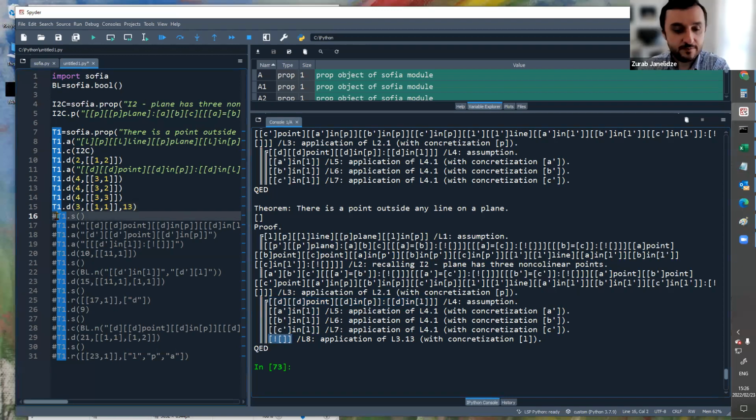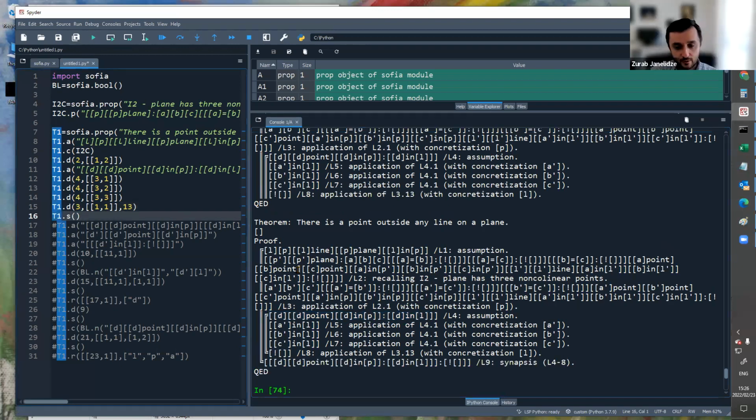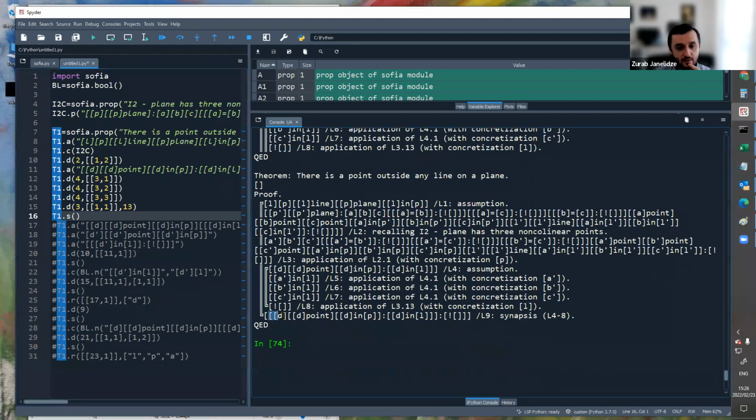And then we do synopsis to summarize this. So now we know that having it true that every point lying on the plane also must lie on that line, that thing is false. But that is different to saying that there exists a point outside the line, right? Remember, if we're saying that there exists a point outside the line, we should have the variable on the right side of implication. This is for every, huh?